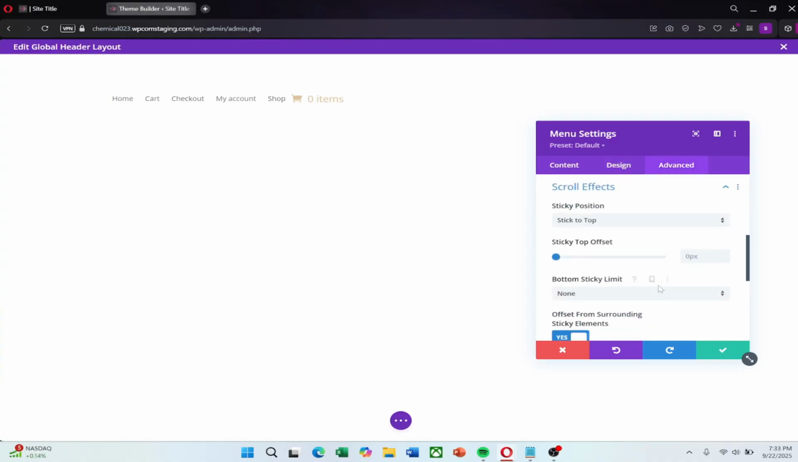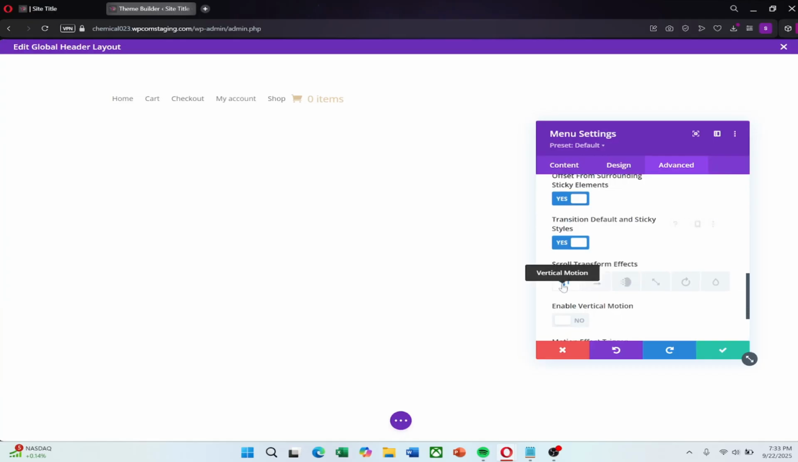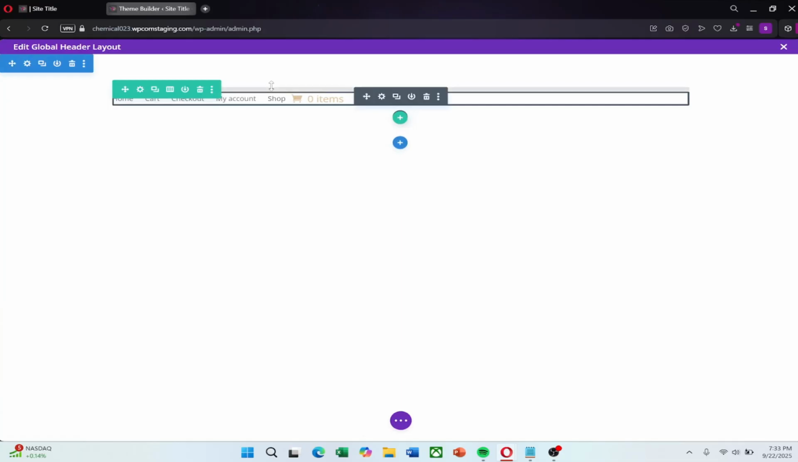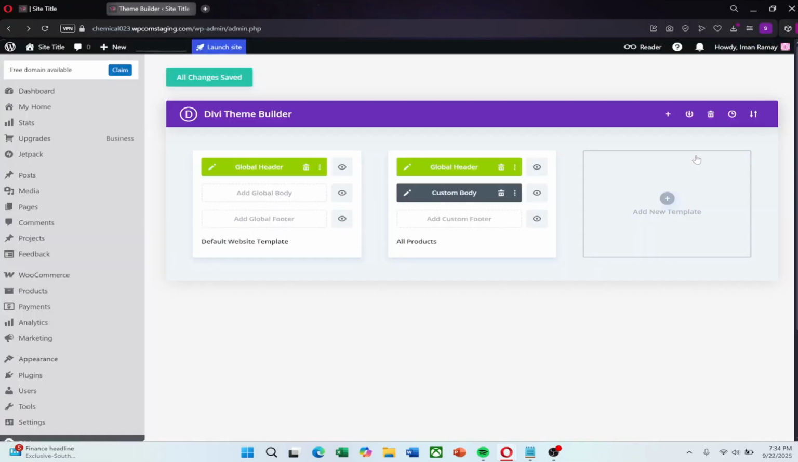If you want to take it further, you can also use Divi's scroll effects. These let you add animations like fading in, sliding, or transforming the header as the user scrolls. A simple shrink effect or color change is often enough to make the header stand out while keeping the focus on your content. Once you are happy with the design and sticky behavior, click the green checkmark to save the